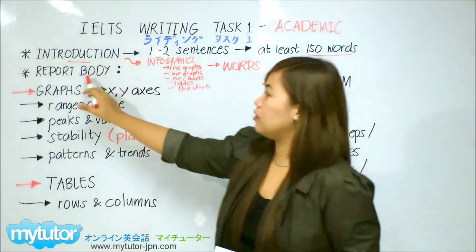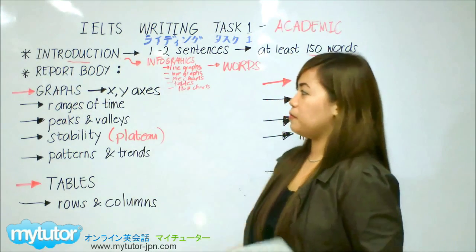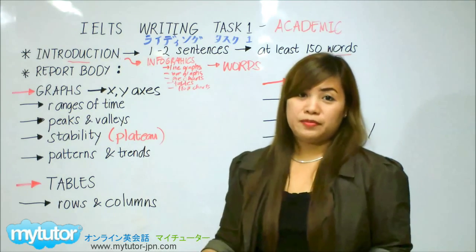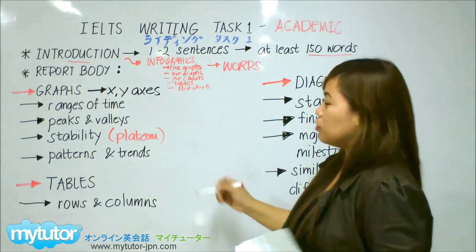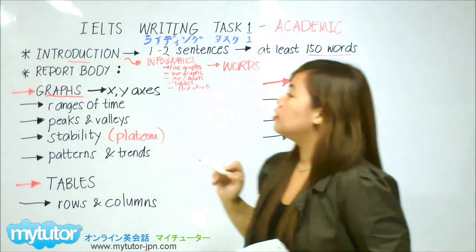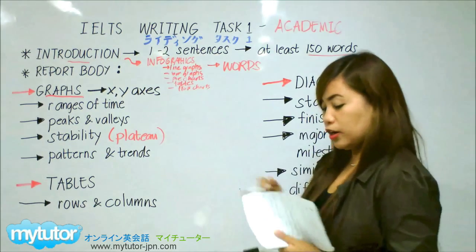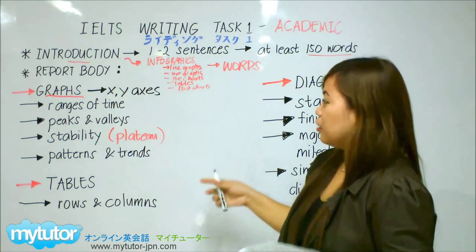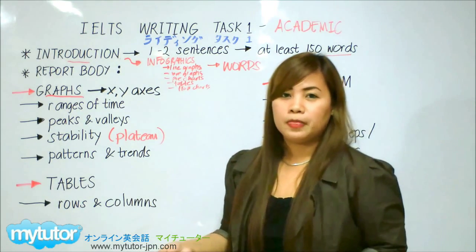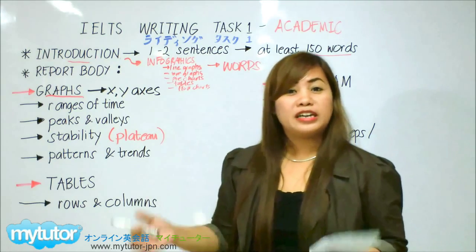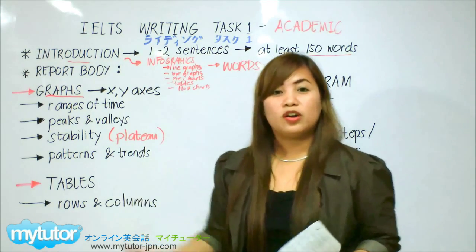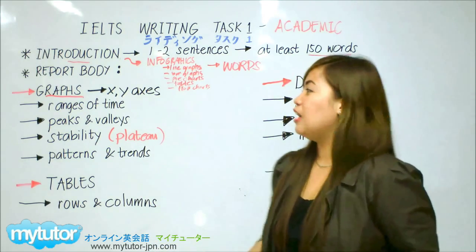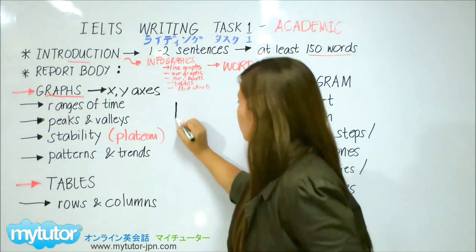Next, we have the body. So this is the body of our report. So this is the most important thing. What are we going to write in our body? So let's talk about graphs. Okay, here. So first, we're going to look at our graph. If you're given a line graph or a bar graph, a lot of students find it really difficult, especially when starting, because when they look at the graph, they don't know how to start or what to do with it. Now, okay, we are going to draw